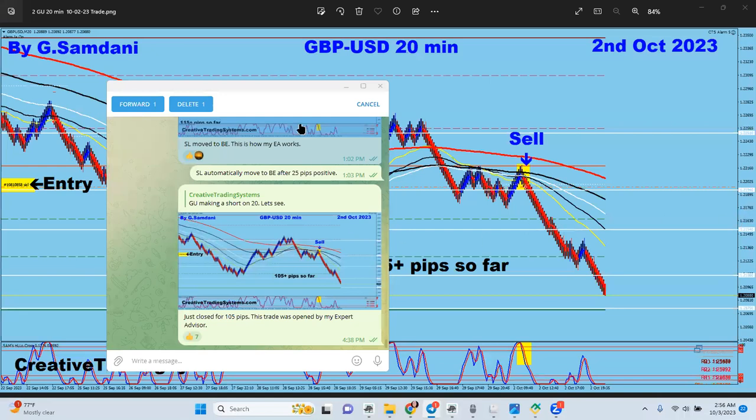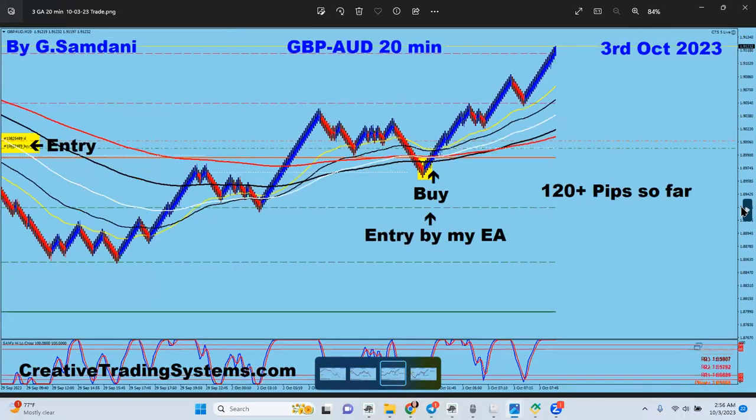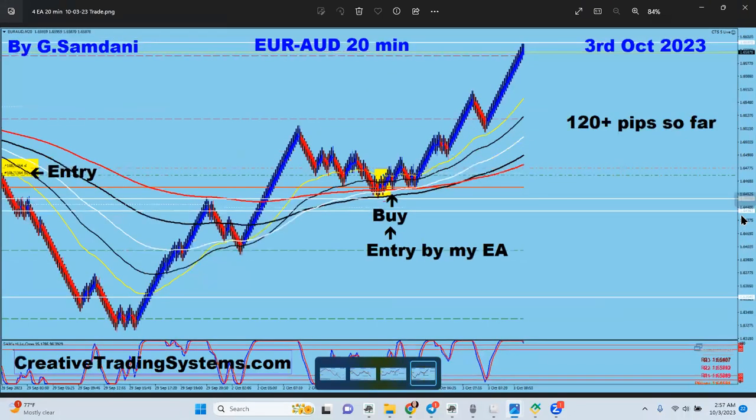trade. Now this one, and then let me see the other one. Today red news came out for Aussie dollar a few hours ago. And the setups were already built before, and then after news, this is what happened. Pound Aussie went up, Aussie got weaker, and then boom, 120 pip trade. And Euro Aussie also, because of the Aussie weakness, boom, it went up. Right, so 120 pips. I just closed these two trades, and these were the entries taken by my